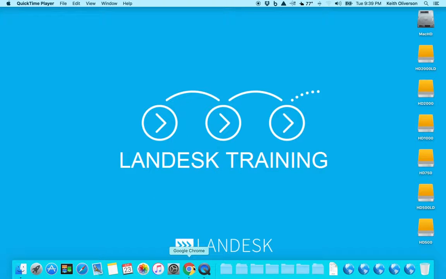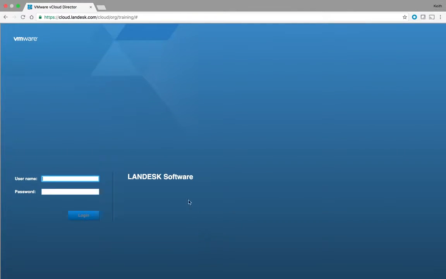To start this off, I'm going to be launching into Google Chrome. Google Chrome is going to be the best web browser to use for this environment. The environment uses Google resources, and so Google Chrome is going to be the best web browser to use in this environment. As I click on there, as you can see, I'm going into this particular URL,